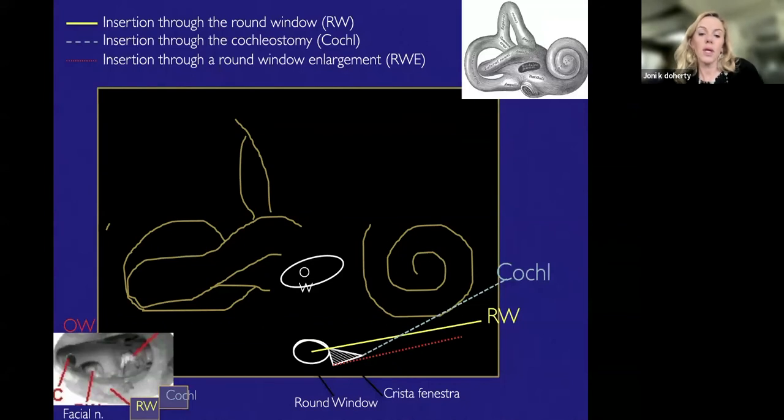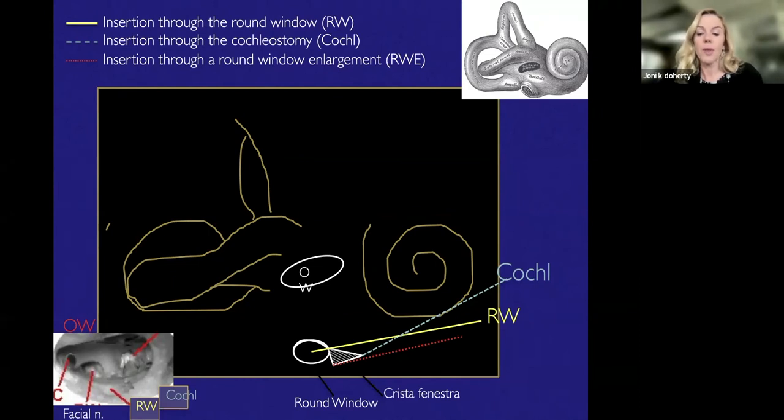So this study was a two-part study on insertion, comparing insertion through a cochleostomy, through the round window, and through a round window enlargement. And this is just an outline of how we displayed the bones and looked at the angle of insertion. So cochleostomy was generally a little bit anterior to the